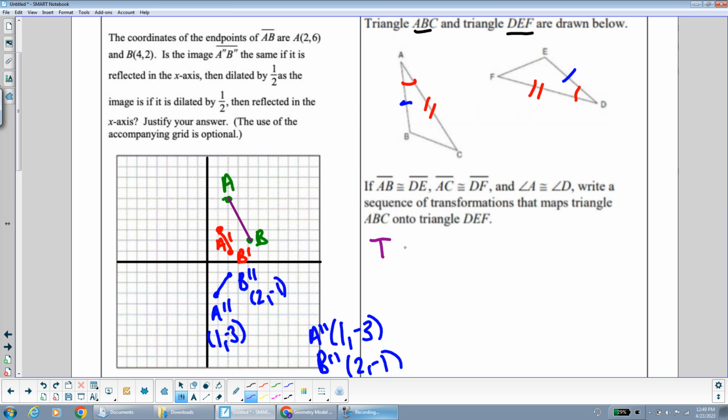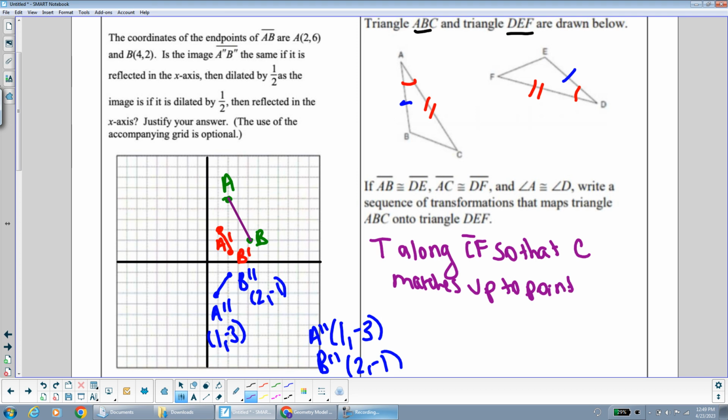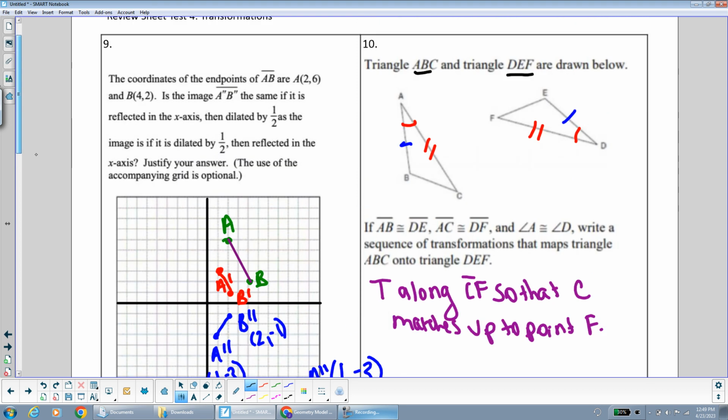Translation along CF so that point C matches up to point F. Because what happens then, if we bring this over here, and I'm going to try to draw this as best as I can,